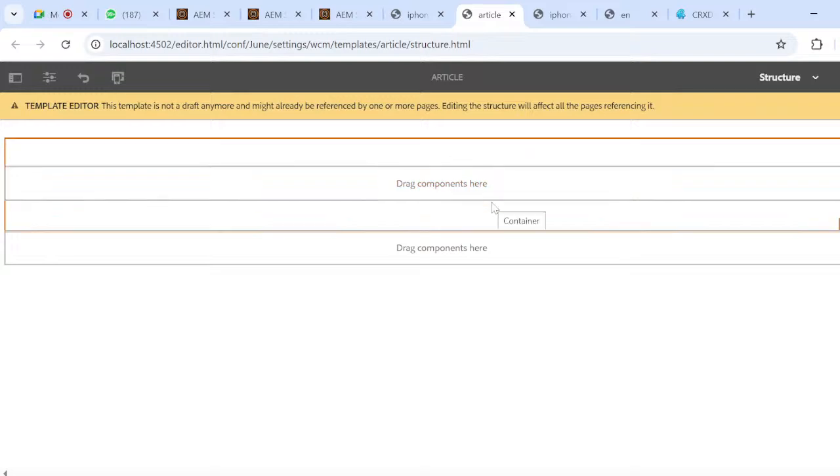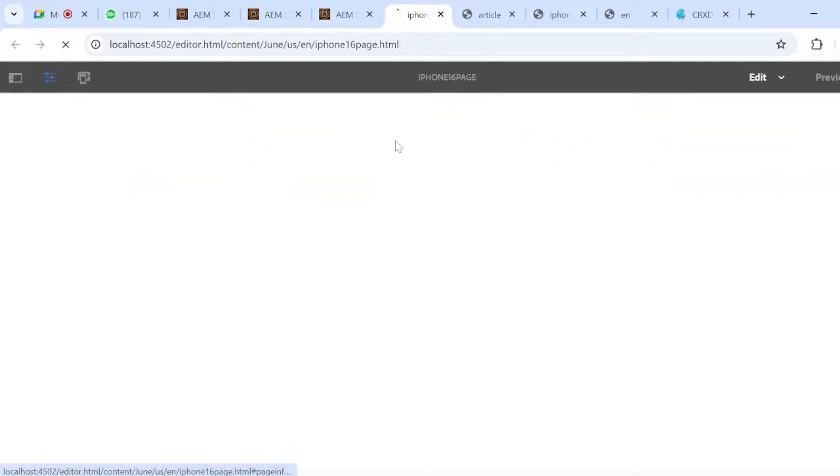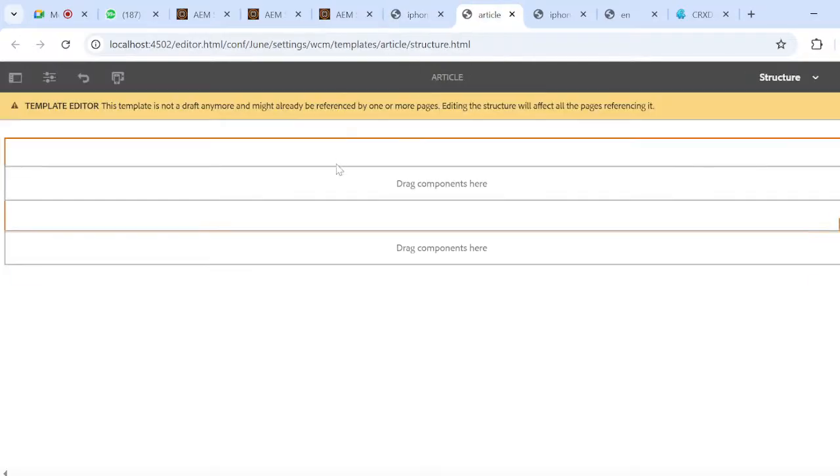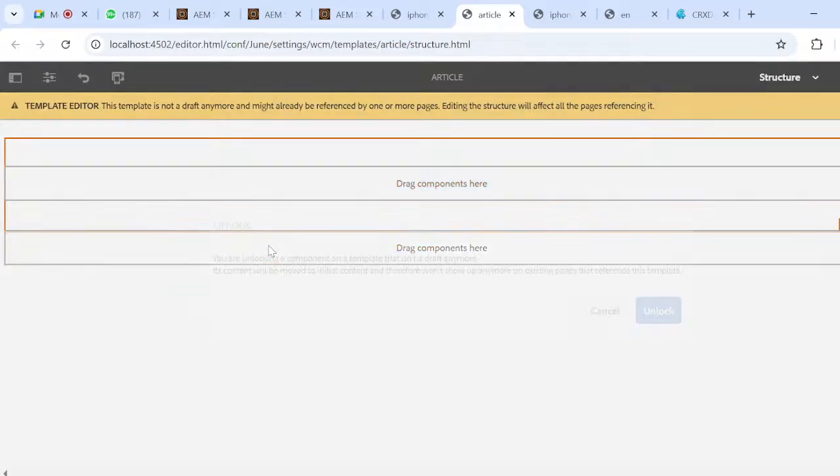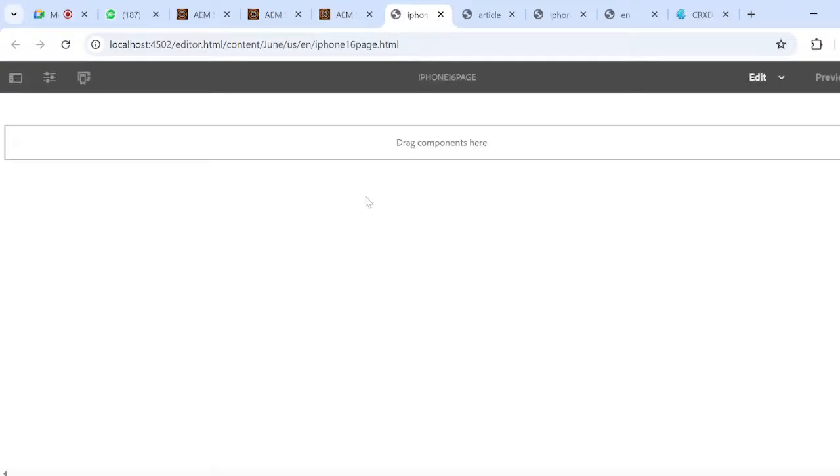Okay, fine. And now you can go here. The container is not coming because it is in the structure mode. You have to unlock. For example, when you click on that container, there is a lock option. Click on this, and unlock. Now go to that page. So now you are able to get the content. Now you are able to get the container. So this is called